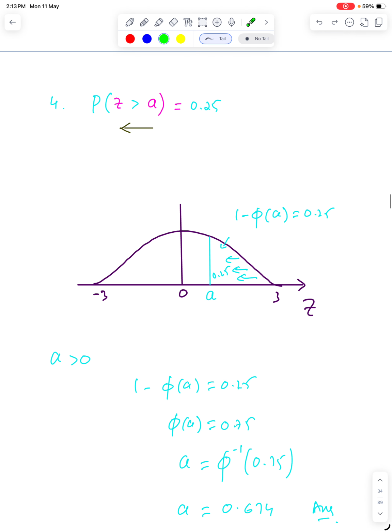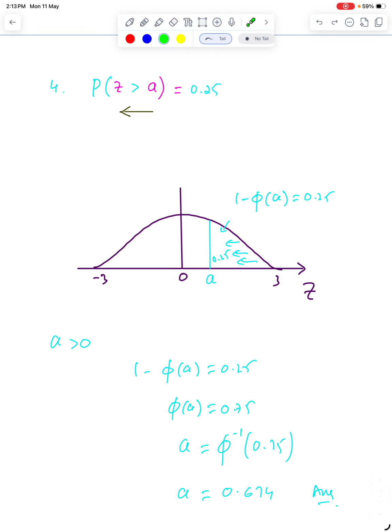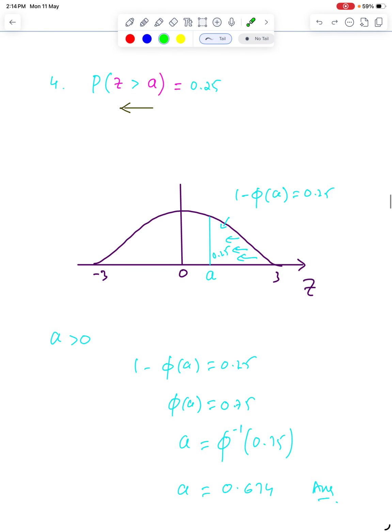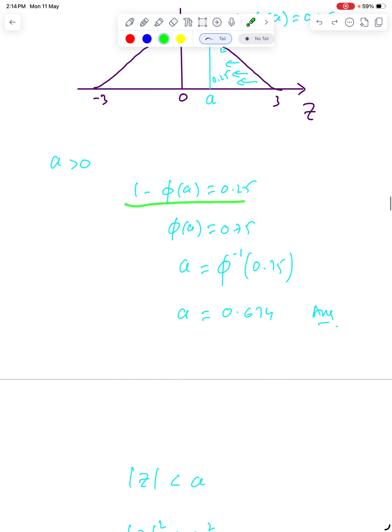The last case of greater sign. So probability z greater than A is 0.25, this area is less than 0.5. Because of this sign of inequality, shade from upper tail towards the lower tail. Since this area is less than 0.5, stop shading before reaching the line 0. Now this unknown is on the right side of 0, so write phi A. Because this area is small, 1 minus phi A equals 0.25. Now solve this as 1 minus phi A equals 0.25, phi A equals 0.75, and hence A is